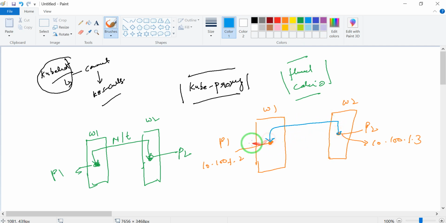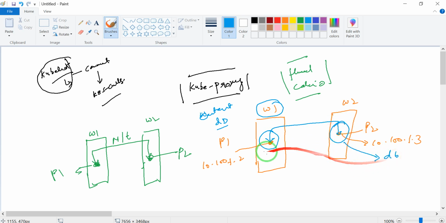If you are talking about a website, we normally have content and then a DB. Let's suppose worker node 1 has the content, and for the web server we need a DB, which is on another node, the DB pod. Right now they can communicate with each other, and everything is functioning well.